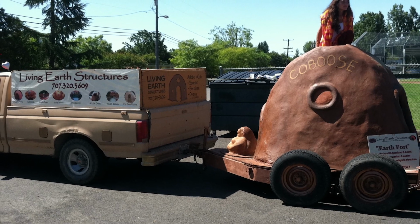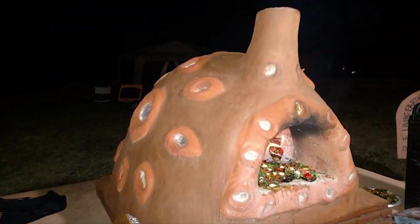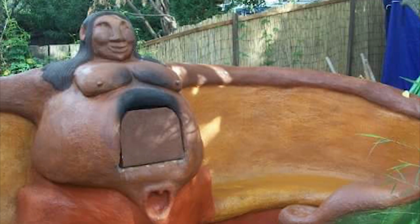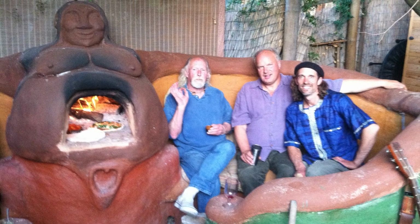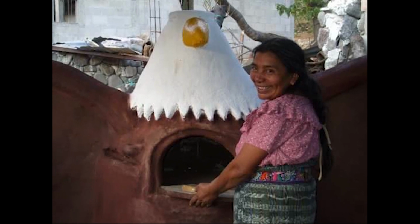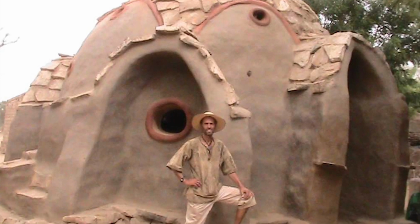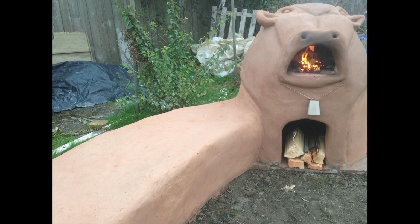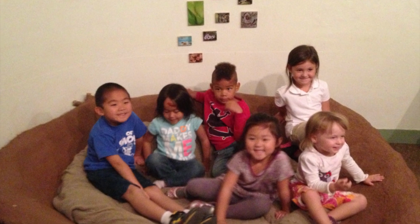The caboose is loose. And my mobile Cabaloni shell, and in Argentina, and the Pachamama oven in Sonoma, and sitting inside the hugs of Pachamama, and Los Abrazos in Guatemala, and the dome in Africa, and the mushroom oven, and the cow oven in Arcata, and the bird nest,